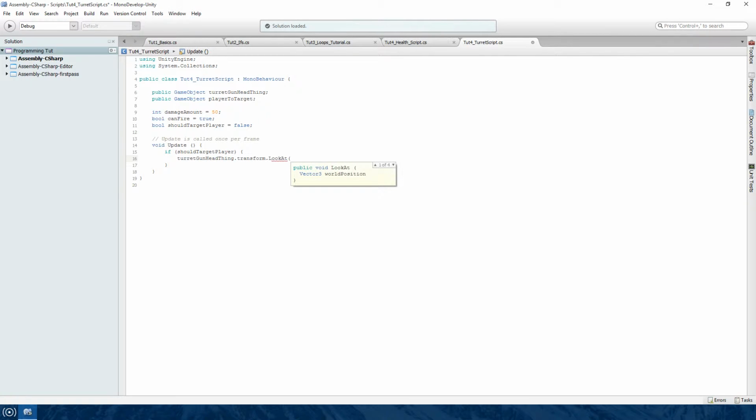And then you're going to state, as you can see, the vector3 world position, and that's the position that it's going to look at. So we want it to be the player to target, and we want it to be the transform, and we want it to be the player's position. So basically, whenever this thing should be targeting the player, it's going to look towards the player's position. And then I'm going to check if can fire,